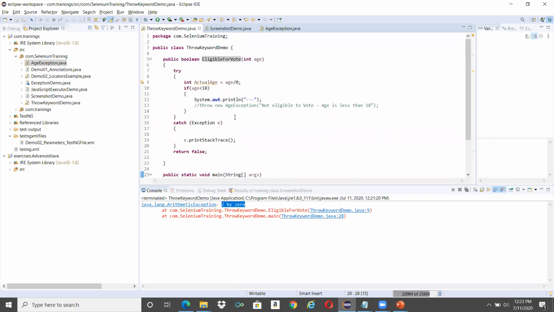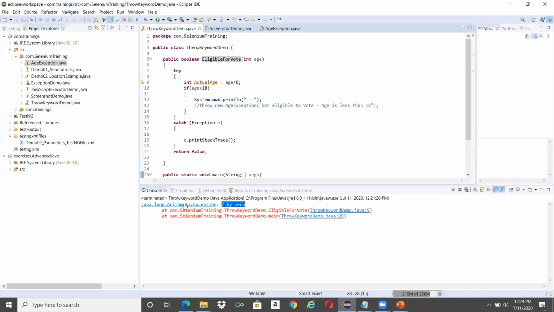This is the third way which I was trying to tell you about, using the throw keyword to write our own exceptions. Two things here: when you are writing a user defined exception, you have to extend the Exception class, which is the super class of all exceptions, whether it is arithmetic exception, array index out of bounds exception, whatever it is. For both checked and unchecked exceptions, the super class is Exception. This is what I want to make clear from this topic.